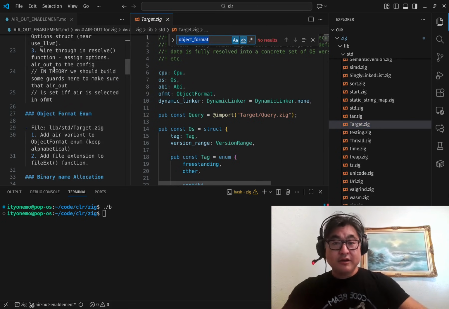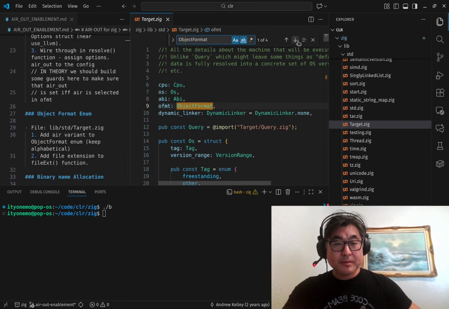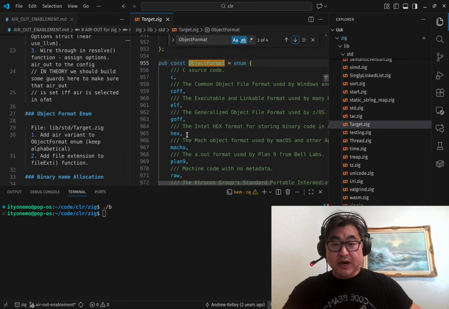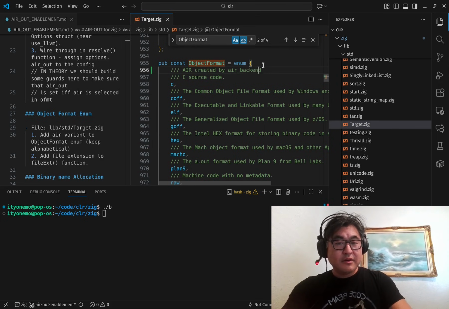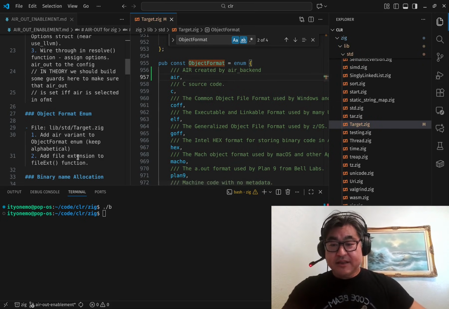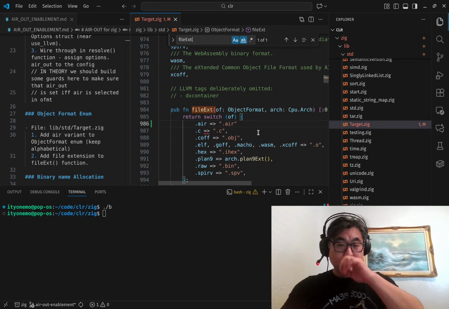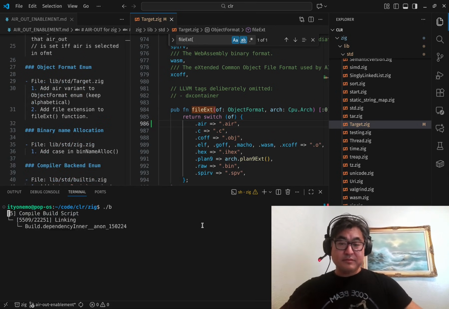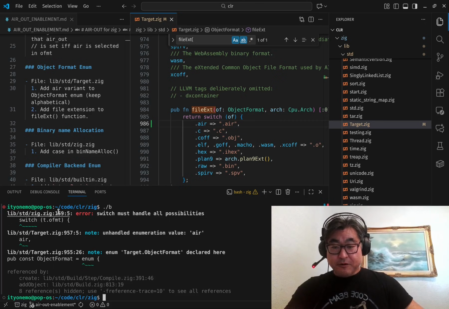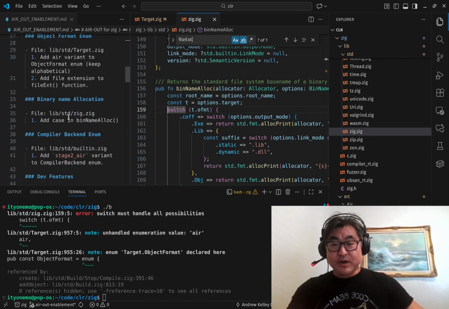Edit find object format. And here it is. These like to be kept alphabetical, so let's go ahead and do that. And then we need to add the file extension to the file ext function. Okay, so let's try and build it and see what happens. Switch must handle all possibilities. So let's go ahead and do, okay, so this is the next one, which is to add the case